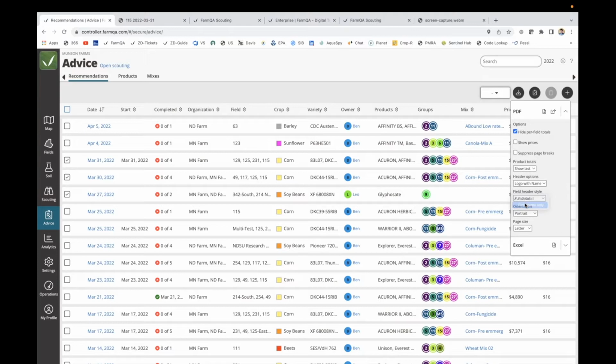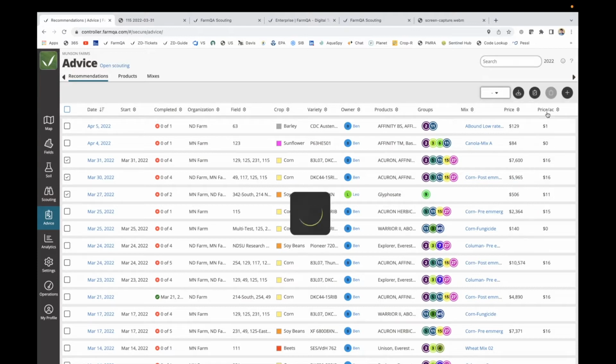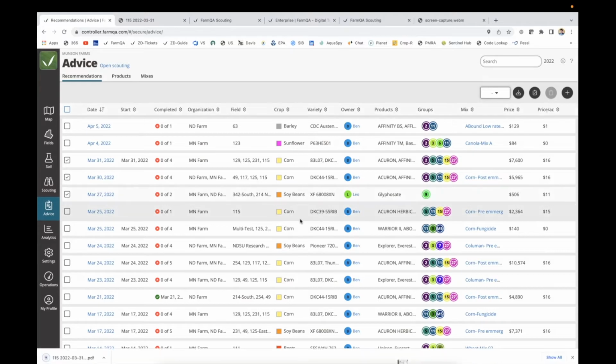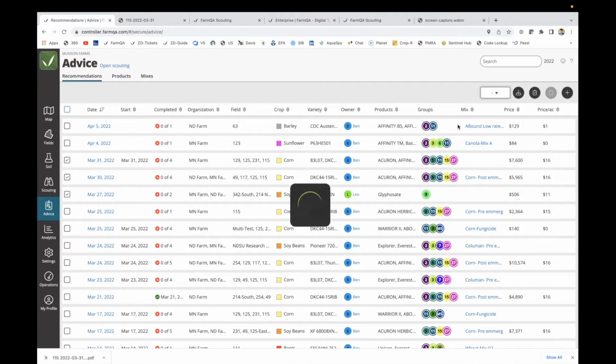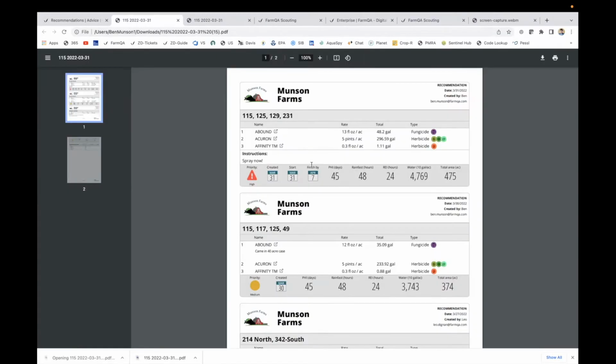But if I just do field names and I export this to PDF, this is a way where you can really condense or collapse a report or PDF to have it very condensed. I want to suppress page breaks as well. So this will be taking a report of saying we have 3 different batch recommendations, but now what I'm doing,